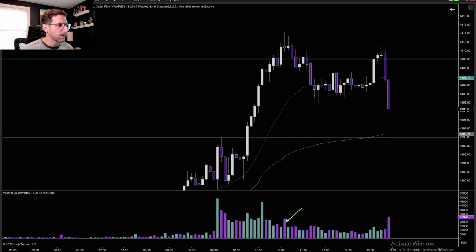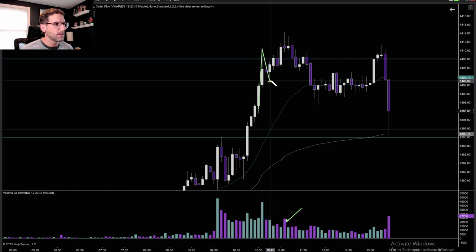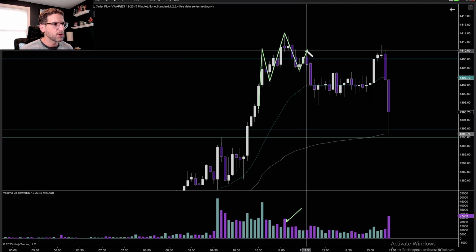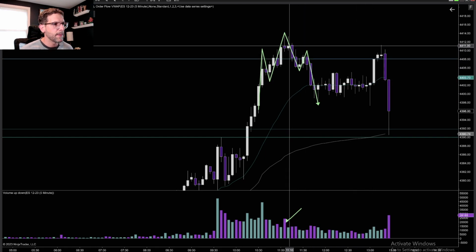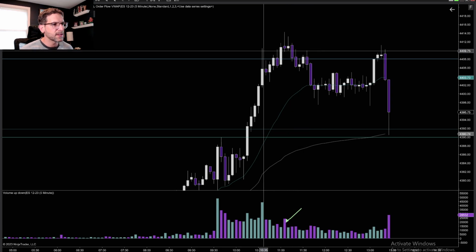The 5-minute or 10,000 tick, that's my intermediate time frame, was looking bearish. So to me, when I'm looking at this, we kind of came up. We did sort of make this higher low, higher high, higher low, kind of tried and then failed, and this slammed down. So to me, all this was like retracement, but not perfect. We did kind of breach this a little bit. It was a little bit of a